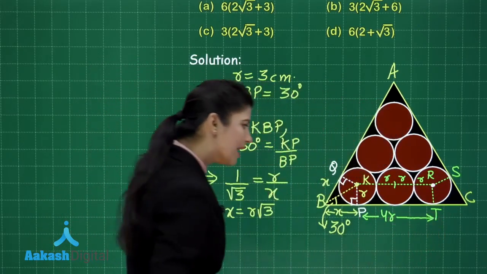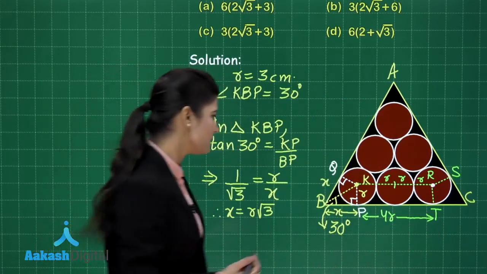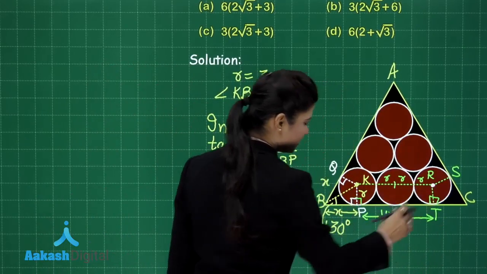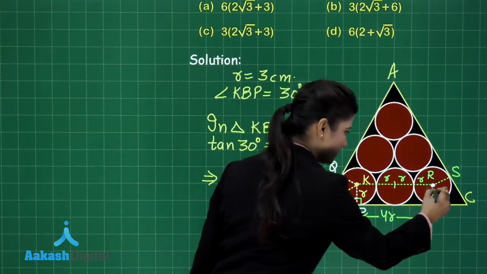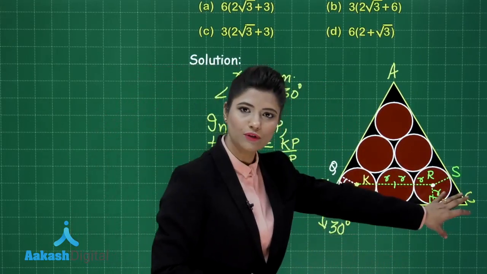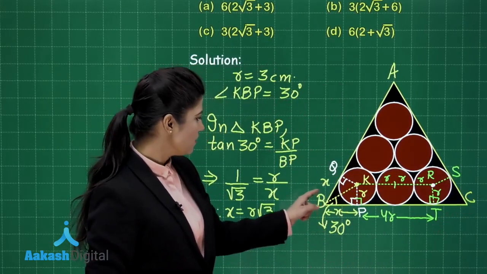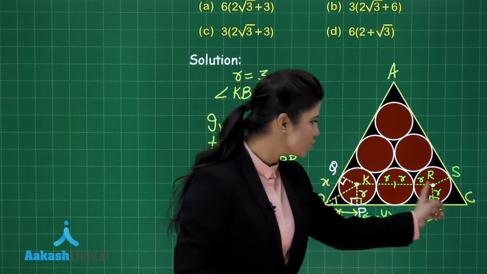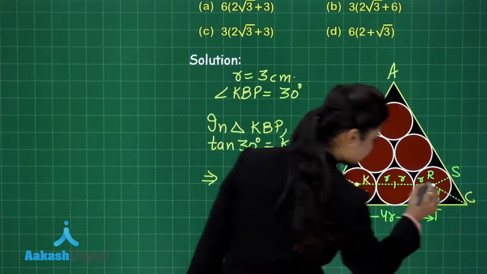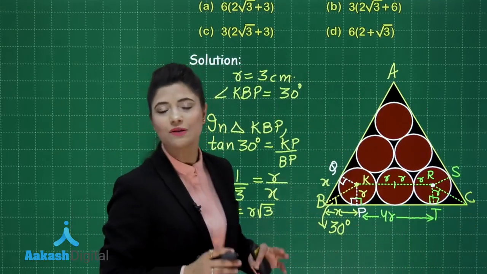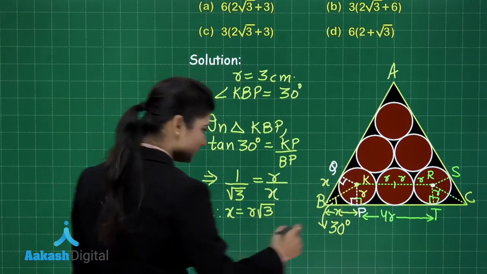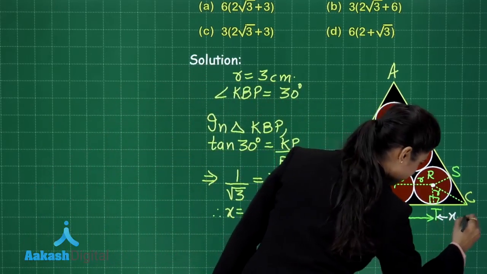You might think why pt is equal to kr, because guys here this is a rectangular formation. Okay, this is 90 degree, this is also 90 degree, and here we get a rectangular formation. This is equal to the radius r. Okay, so this is 4r, and similar kind of condition is appearing over here. Just like this triangle of angle 30 degree, here also when you will join CR, you will get the similar formation. On joining CR, we get the similar formation that CS and CT will be tangential to this circle, and in the same way the length of the CT will be equal to x.